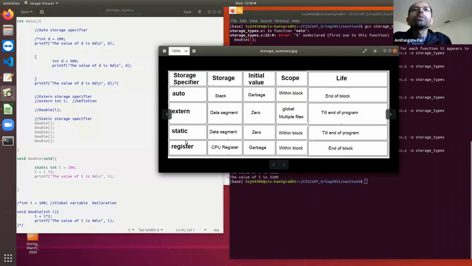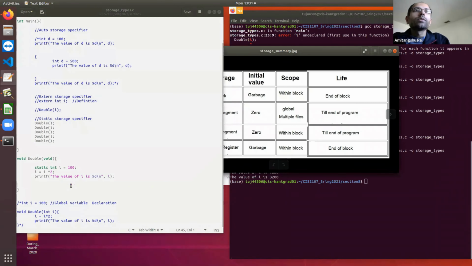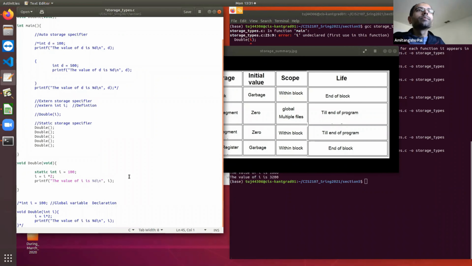The last one is the register variable. So let's see what a register variable is.